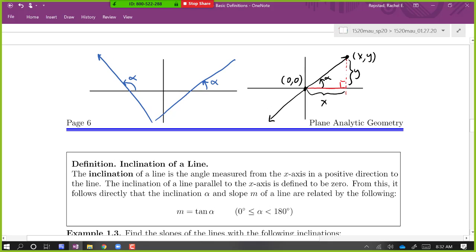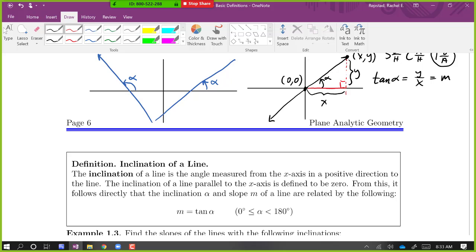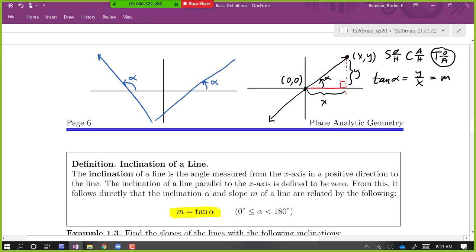If we think back to the right triangle trigonometry that we know, SOHCAHTOA, and we use the TOA part, the equation that we get is tan alpha equals y over x, which is what we just observed is the slope of that line. So that's where this equation down here in the box comes from. m equals tan alpha is the equation that relates the slope with inclination. They both measure the same thing, right? There ought to be some equation that relates them together. There it is. And it really just comes from applying right triangle trigonometry to the triangle that we get when we drop some perpendiculars down in the plane.